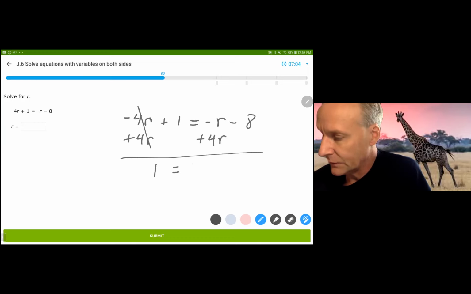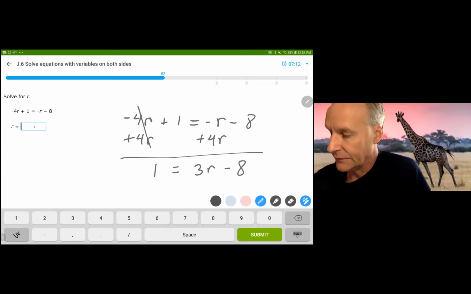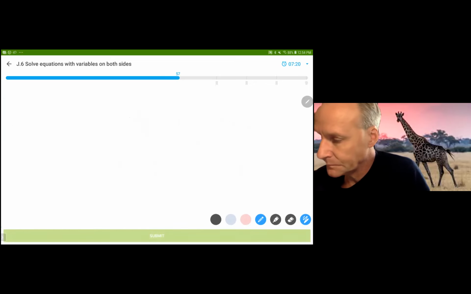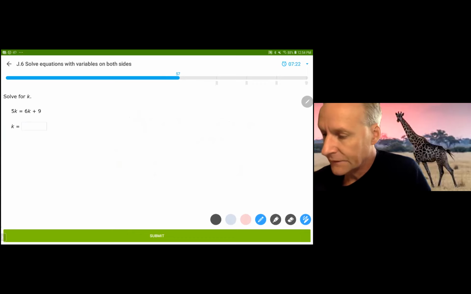I get 1 is equal to 3r minus 8. I'm going to add 8 and divide by 3 and get 3. Adding 8 gives me 9. Dividing by 3 gives me 3. In this one,